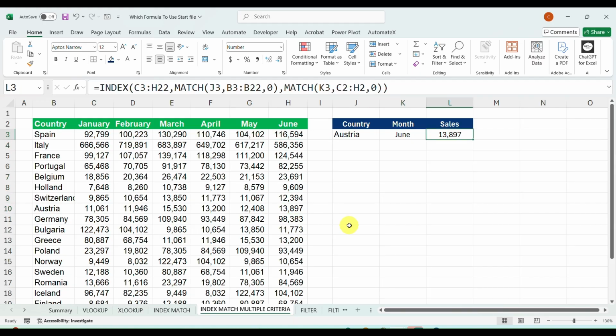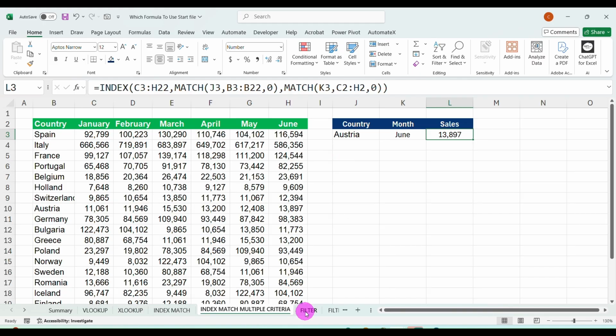Here you will have to be focused. This is the formula used and you will have to practice how to use it. Again, I'm telling you, when this formula is applied, that is INDEX, and when it asks for the array, we have selected the entire C3 data. Make sure that you do not select this. You will have to select the data set, then press MATCH and select for both the criteria as explained in the video. If you need it, you can pause and go back and practice.